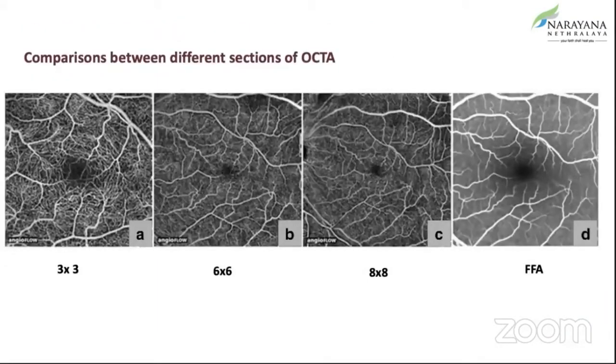Now, if you look at the different sections that you see on OCTA, you have a 3x3, 6x6, and an 8x8 scan. And this is how much of the field of view that you get. So that's one of the major limitations, that we're not actually able to image the periphery, beyond the arcades using the OCTA. But with montaging and higher scan areas, we are getting there, where we'll be able to eventually, I'm sure, image even the mid periphery.